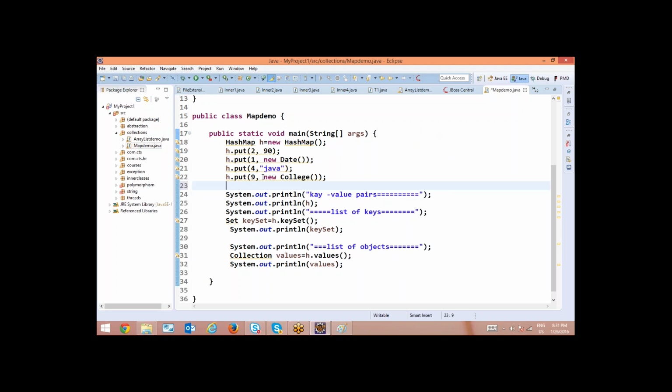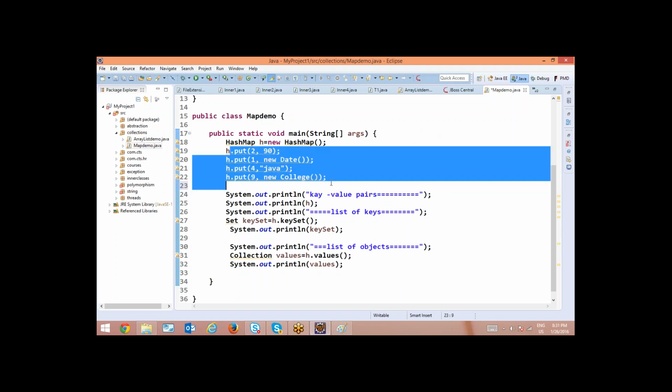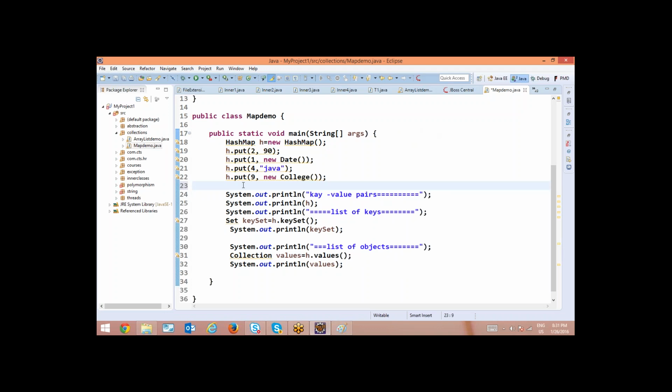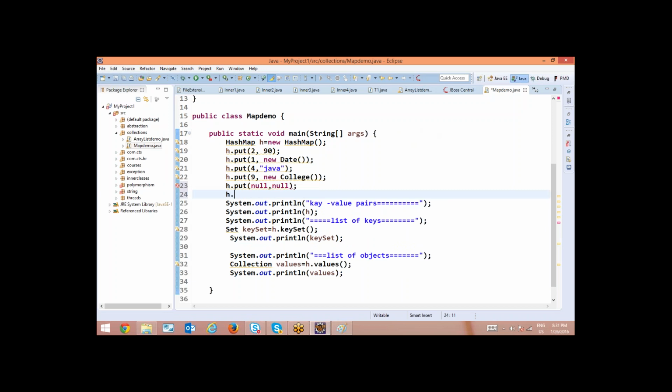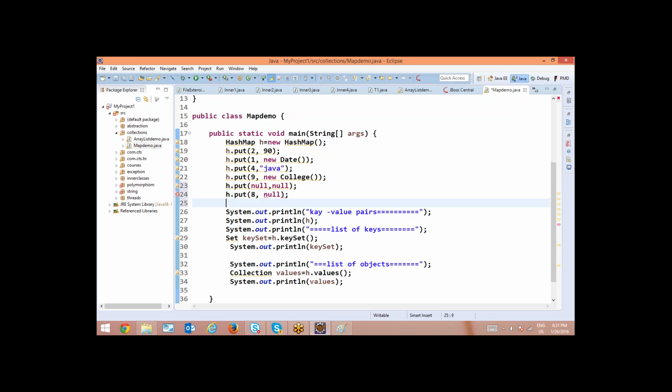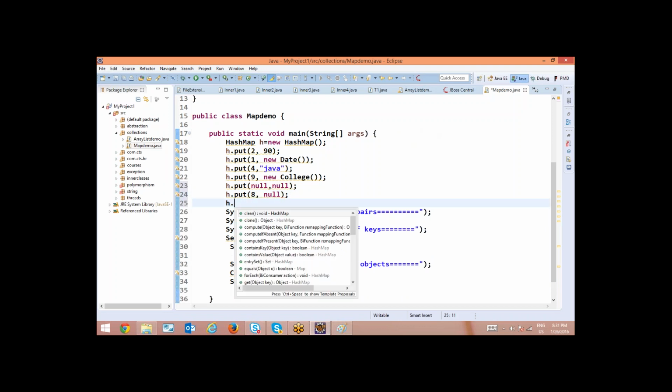And next, if you wanted to add, h dot put. One key can be null, and for objects any number of nulls are allowed. H dot put of another key, here 8 comma null, I wanted to store. Later I wanted to update again.